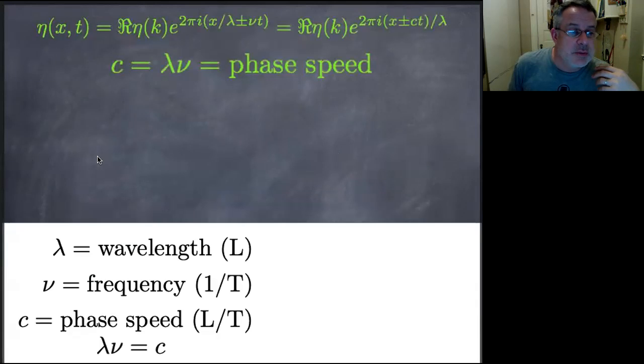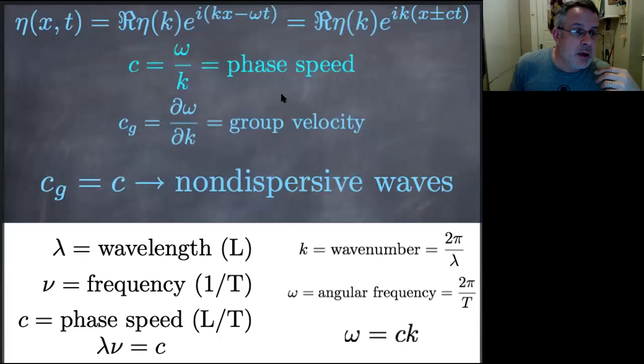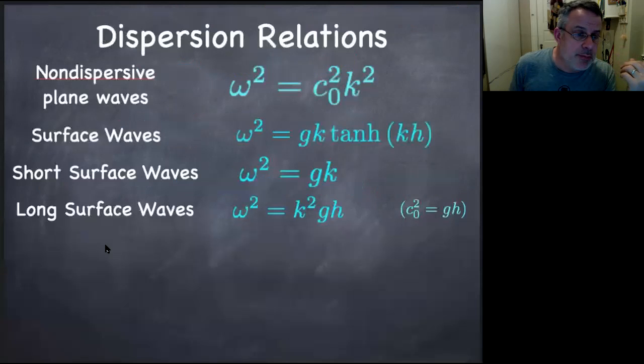Are there any waves that respond to that? Well, we're thinking of things that have very low frequency now. So they're going to have very long wavelength for the same phase speed, or maybe they just have a different phase speed relationship. Remember, the phase speed is the ratio of frequency to wave number. The group velocity is the derivative of frequency with respect to wave number. For non-dispersive waves, these two are equal. For dispersive waves, they're unequal.